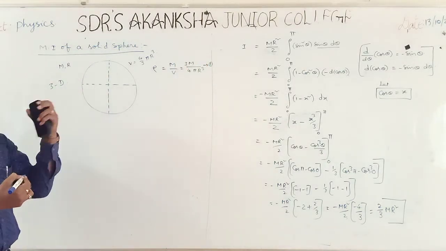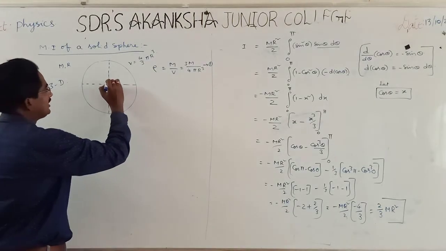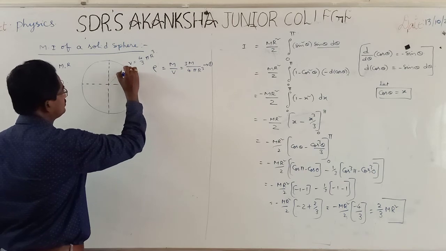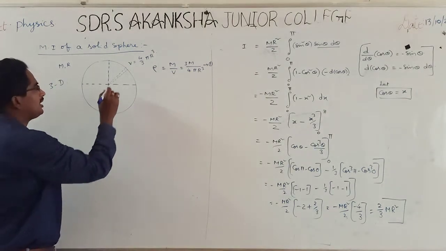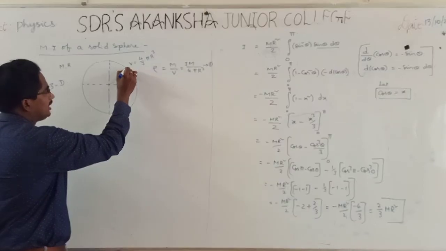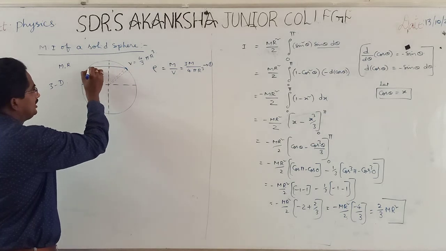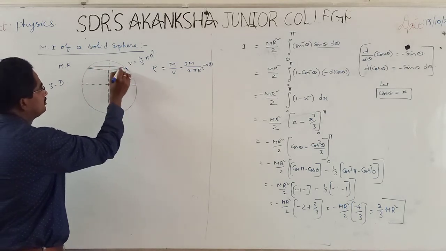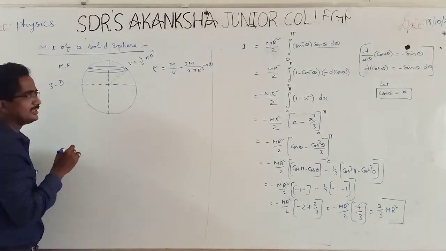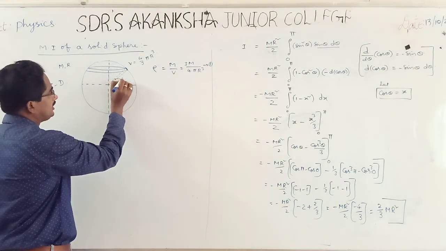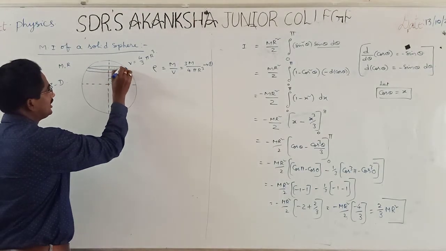Okay, after defining that rho, I want to get the moment of inertia for a small element on this sphere. What am I choosing? See, this is the small elemental ring, an elemental part of the sphere. This is the disk which was chosen with width of d theta at an angle of theta, so that its radius is as earlier.